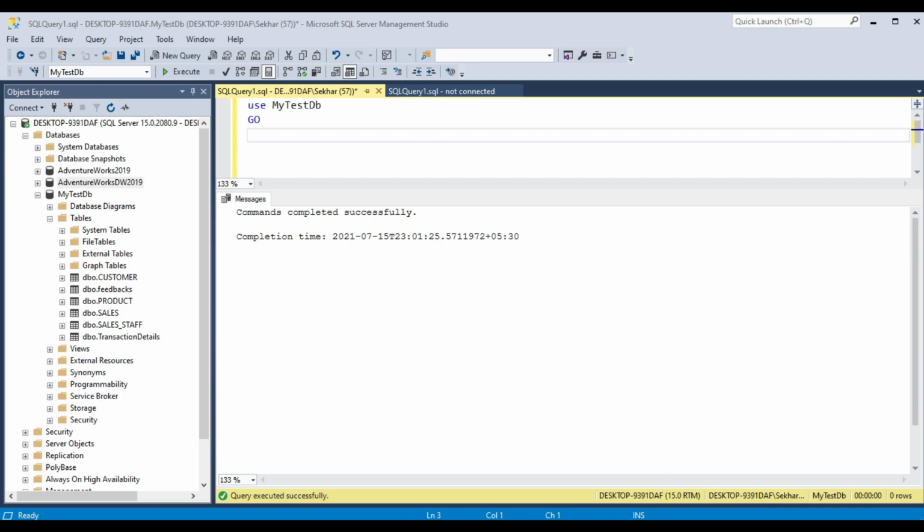Okay, so let's start with the having clause now. The having clause is often used with the group by clause to filter groups based on a specific list or condition.